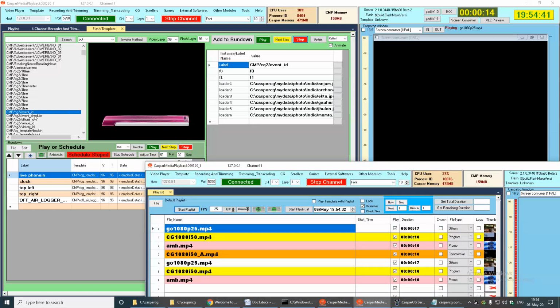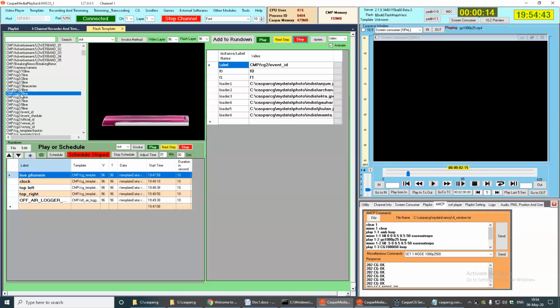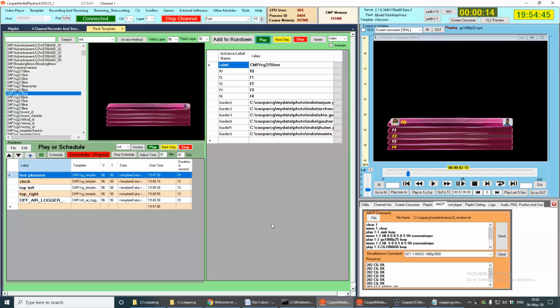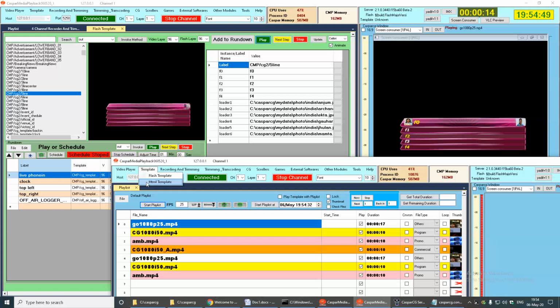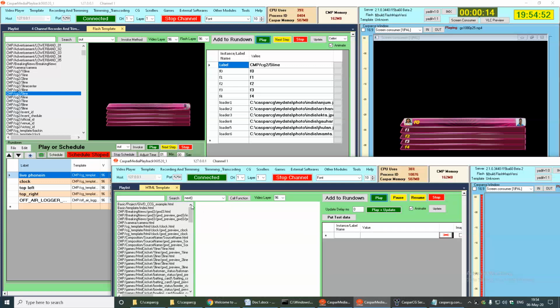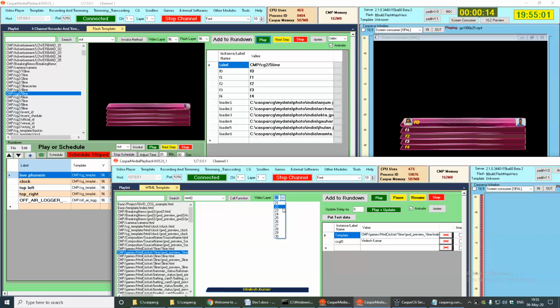A simple use is that you can click here and play, and from here you can also play something else on some other channel, some other layer, like layer number 36 and layer number... I will select some higher layer, because in a lower layer it can be hidden.